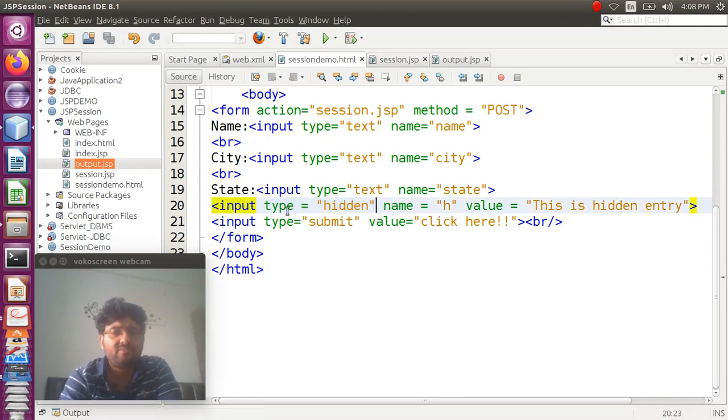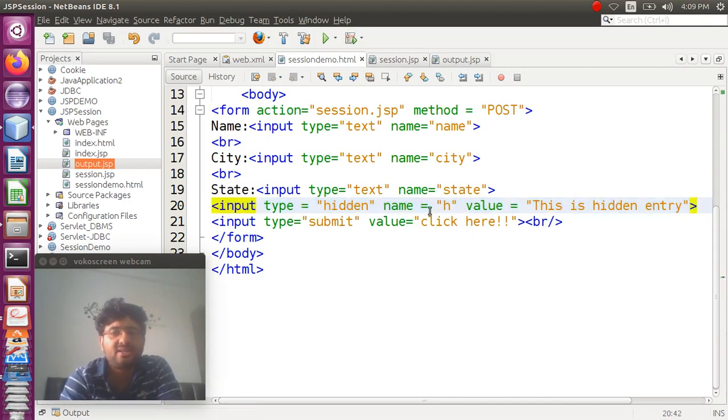Okay, so here I am using one of the session tracking methods, that is hidden form fields, to store some data related to the client. And this I will be passing as a hidden form field. So this particular field is hidden to the user. It won't be shown to the user in the input form, but this field is used to pass related information to the server. This information can be related to a particular session or any other information.